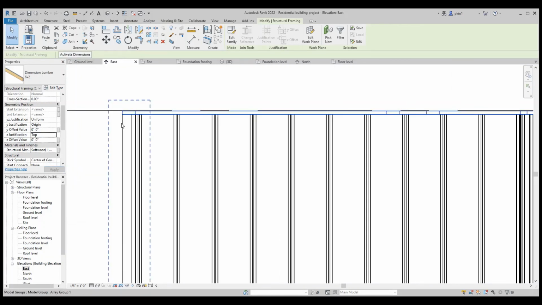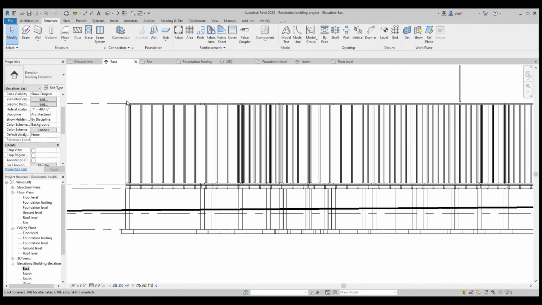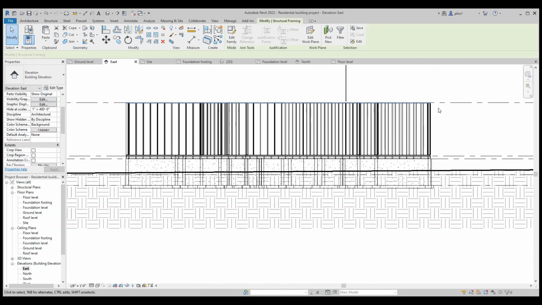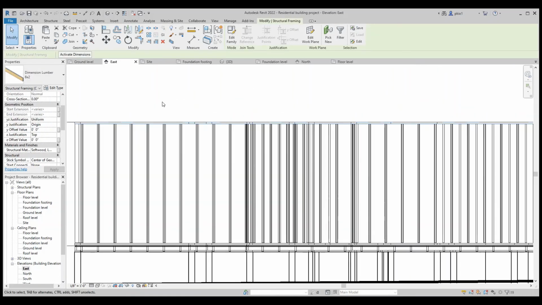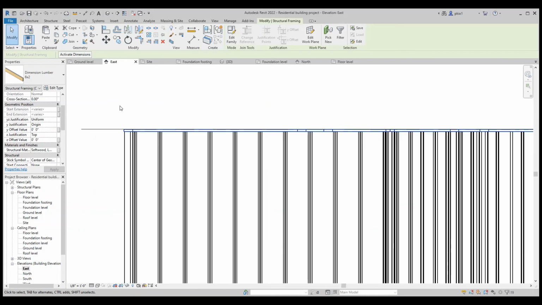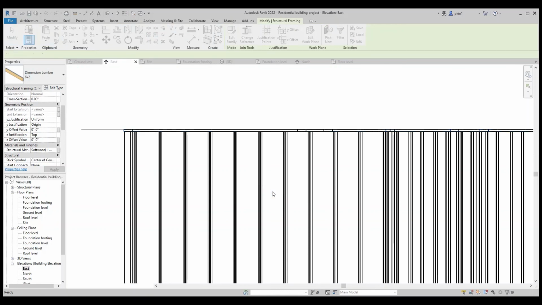So when we look at it, you see that it is sitting directly on the stud. Now we select it and we say copy to clipboard and then we paste it again to roof level. Say OK.